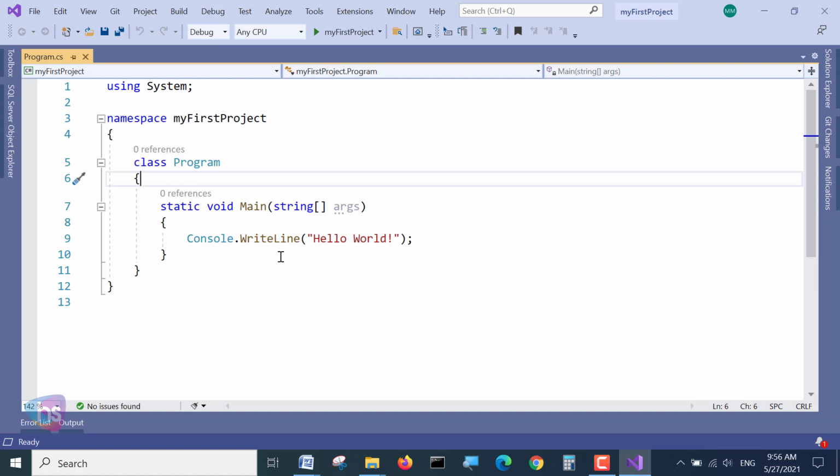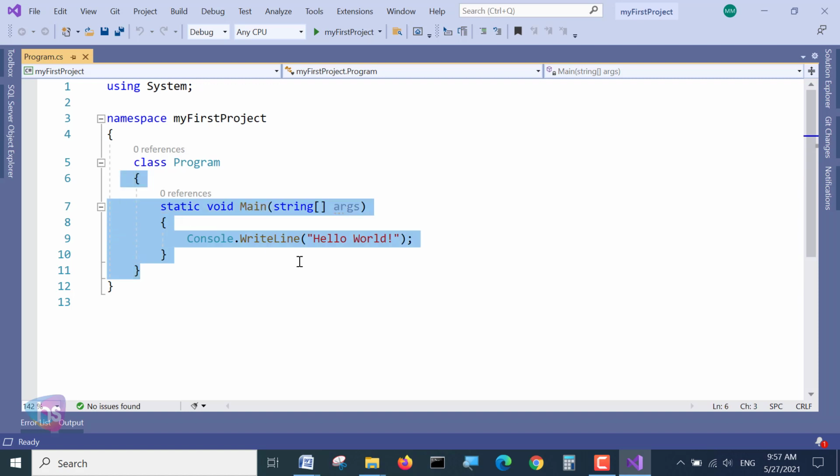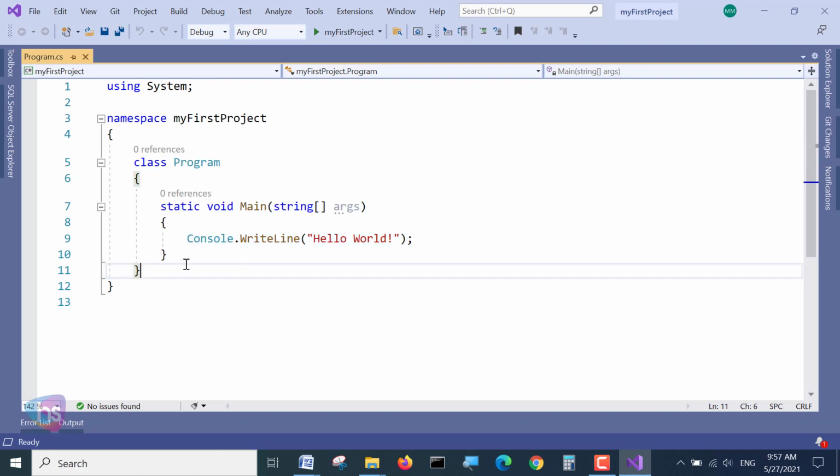What I am trying to explain here is that the class itself has many methods. Methods and functions will be discussed in more detail in that section. Here you can concentrate: within a class, again there is an open brace and an end brace, which is a particular block or area. Inside the class there is a Main method, static void Main, and the method name is Main.